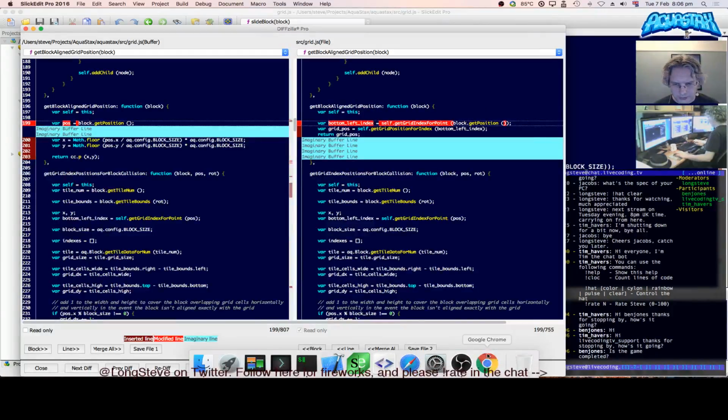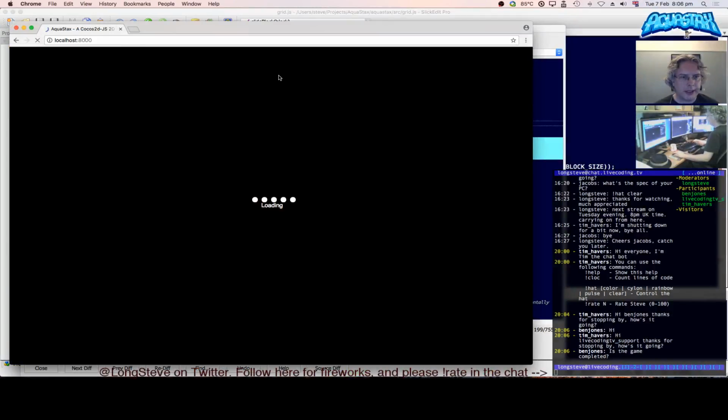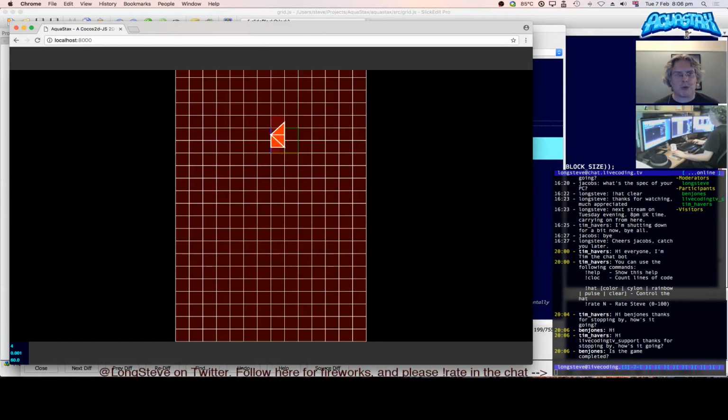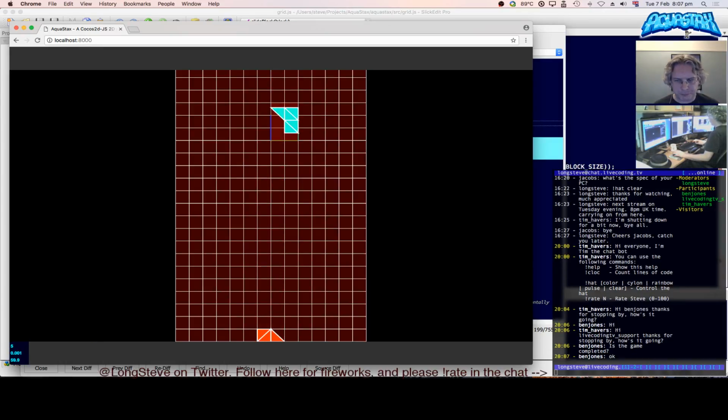Where was I? If I just show you how it's going at the moment. It's basically the block dropping bit. I haven't got any sprites or any graphics in there of the little sprites moving around. But I've got quite a bit of block action going on. I've just got some sliding occurring. So as you can see, when you've got the sloping bits, the blocks will slide off each other. So if I drop that down there,